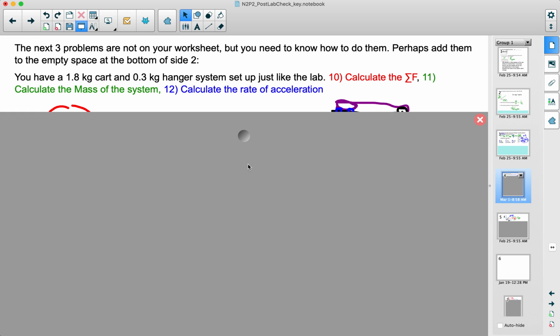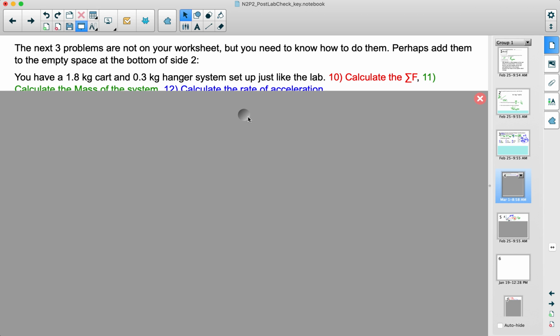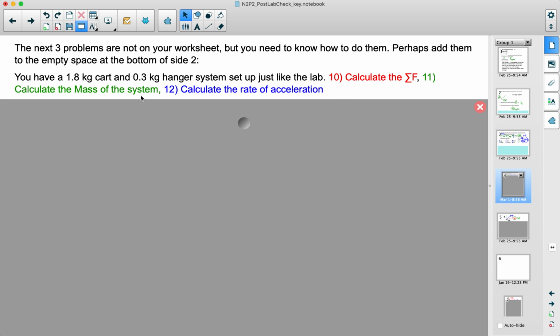Next, the next 3 problems didn't make it on your worksheet, but they're valuable ones to be able to solve. Definitely things that are quizzable based on the problems we've worked on so far. It says on the next 3 problems, the work is not on the worksheet, but you need to know how to do them. Perhaps add them to the empty space at the bottom of side 2. You're supposed to